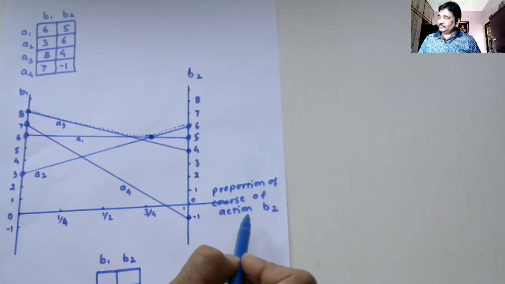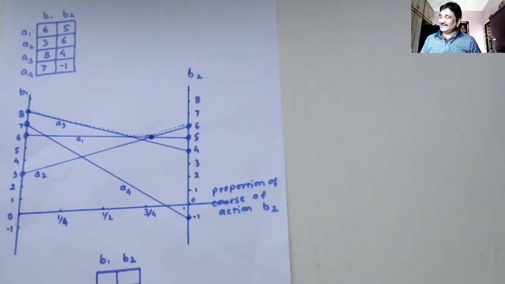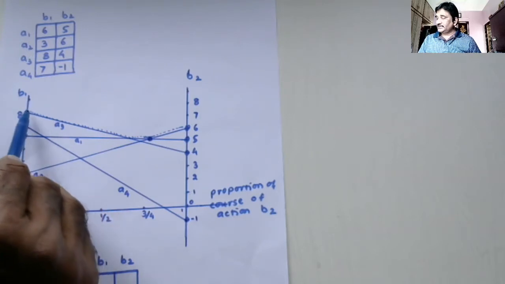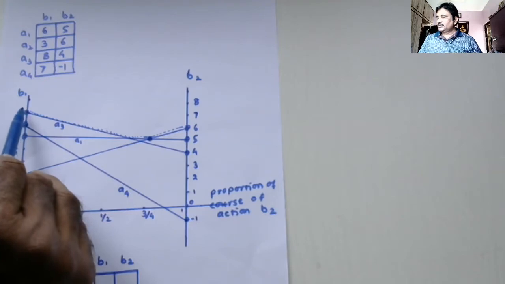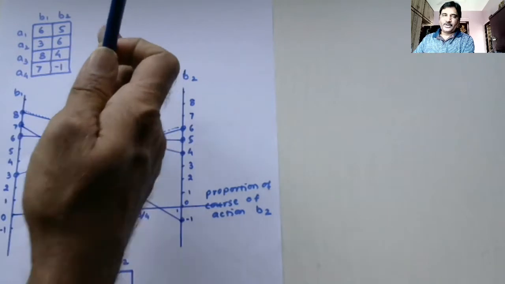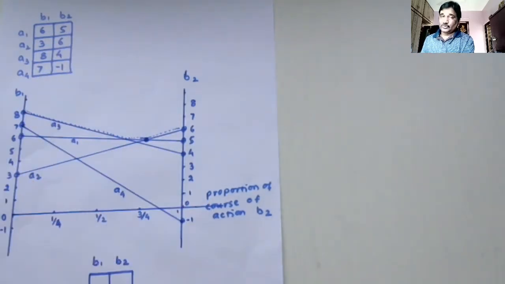You just question what will be selected by the other player if the proportion of course of action B2 is 0. B2 is 0 means A has to make a choice, and A will be making the better choice, the maximum gain choice. So here you got to know that this will be the play zone, and if the upper is the play zone, then the bottommost point will be the game settlement point. If the lower is the play zone, then the topmost point will be the game settlement point.